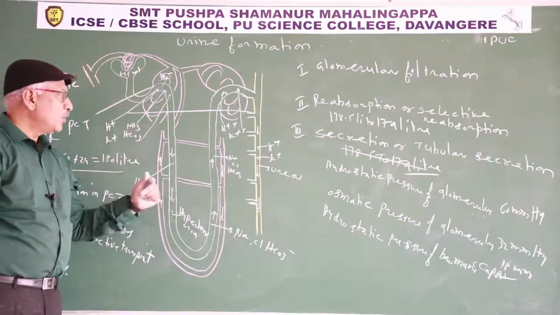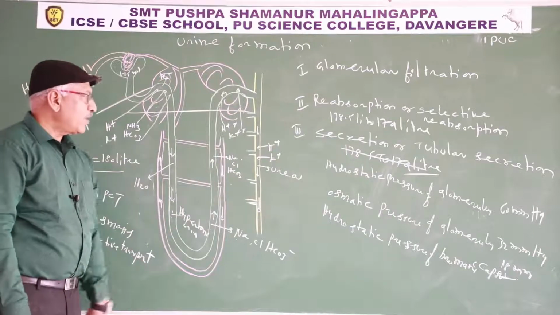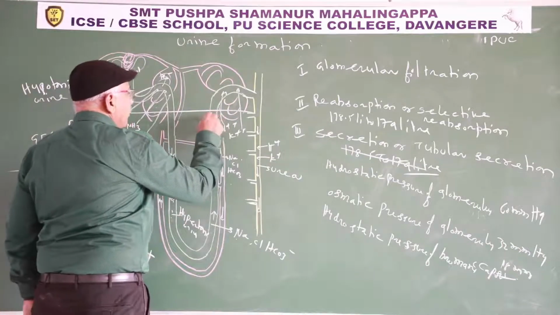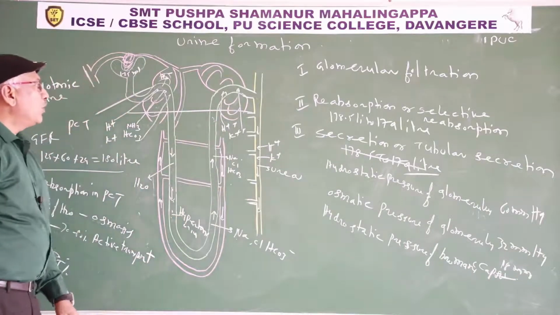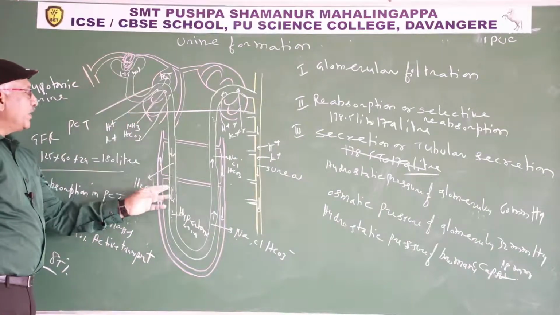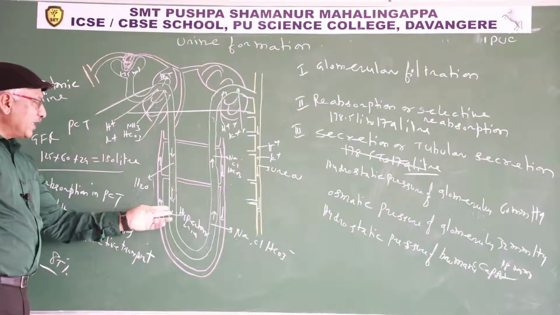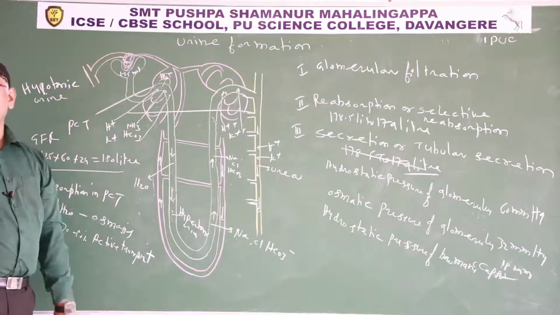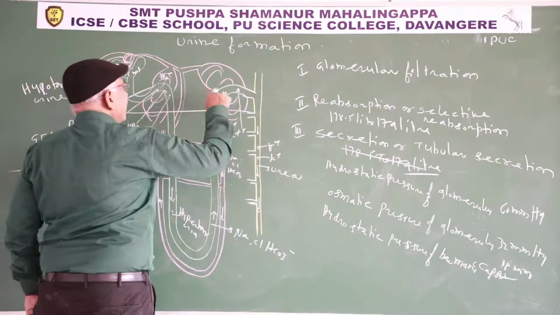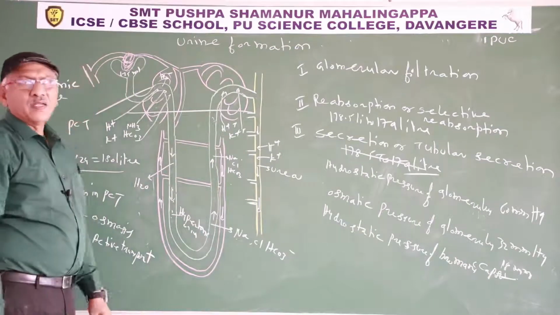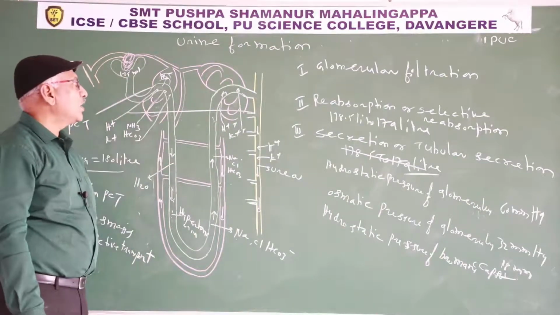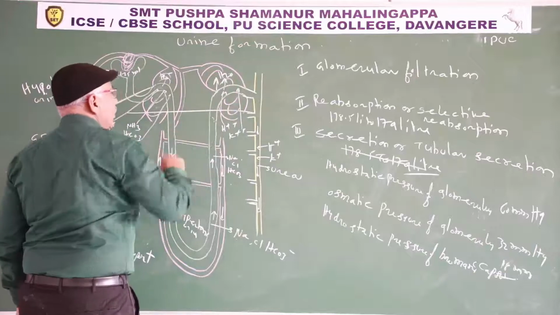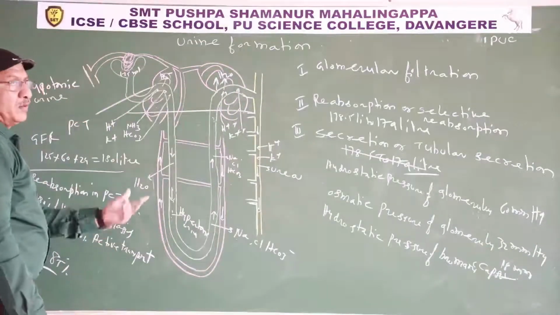Reabsorption that occurs in the PCT and descending and ascending limb of loop of Henle is mandatory, compulsory. No need of enzymes or hormones. In the DCT, in presence of hormone, antidiuretic hormone or aldosterone hormone, only water and electrolytes are reabsorbed into the peritubular network. In presence of hormone only reabsorption takes place. That's why it is known as facultative reabsorption. Hypotonic urine becomes isotonic in the distal convoluted tubule.